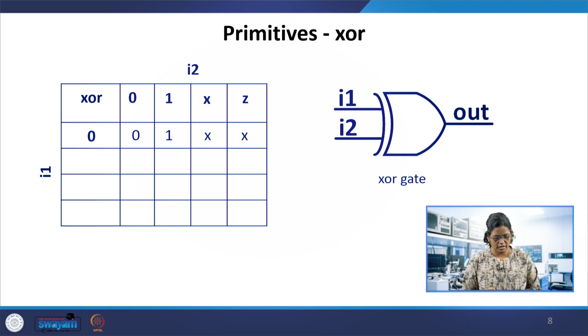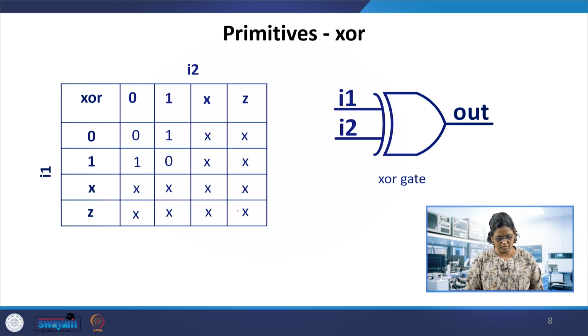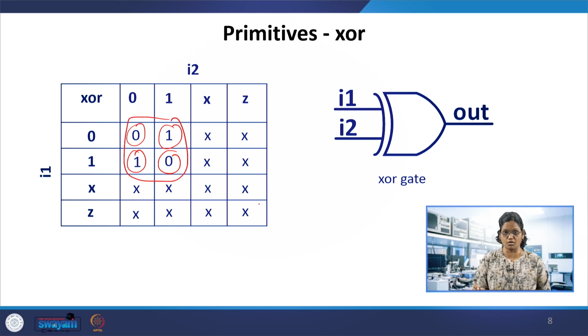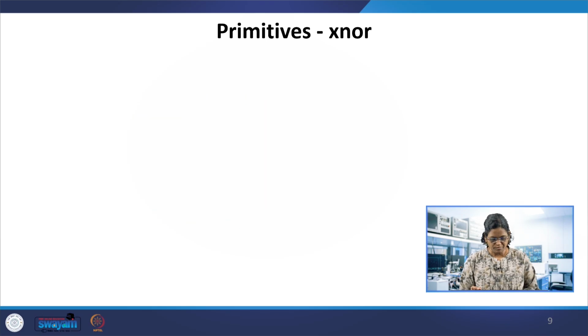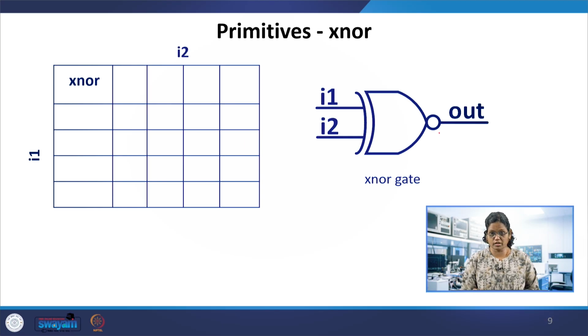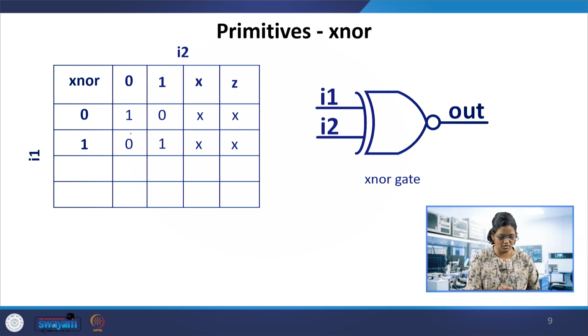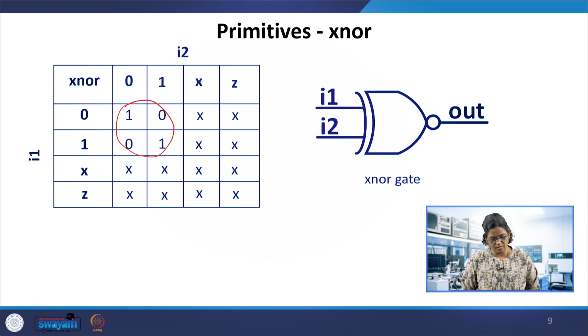So XOR gives the details of all other things, like 0, 0: if both the inputs are the same, it gives 0; 0, 1: if two different inputs, then that is going to be 1, and 1 here, and this is 0. So this portion is known. All other combinations would offer the don't care conditions. XNOR, similarly, has a NOT gate at the output. So we have the exchange 0, 0, 1, 1, this portion is a change, the remaining is the same as the XOR.